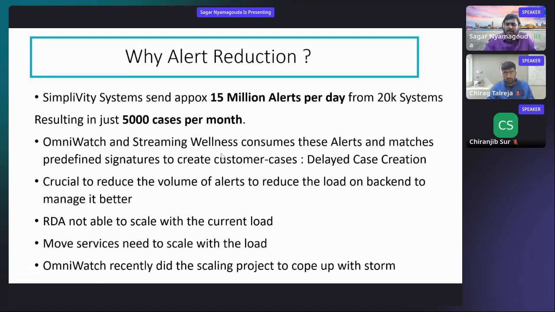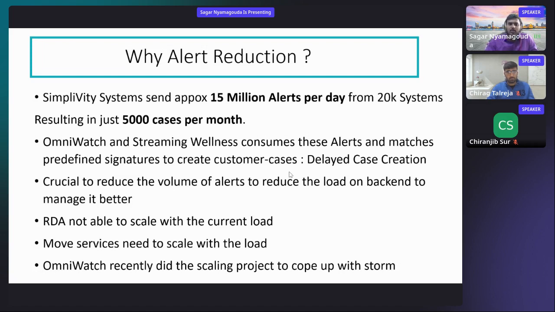So sometimes, due to this huge amount of alerts with a higher frequency, we were having delayed case creation. To overcome this, after having LStack analyze a lot of alerts from different components, we got to know that we are sending alerts too frequently for a single error as well. So to avoid that, we tuned our systems to a greater extent, and then we had very good